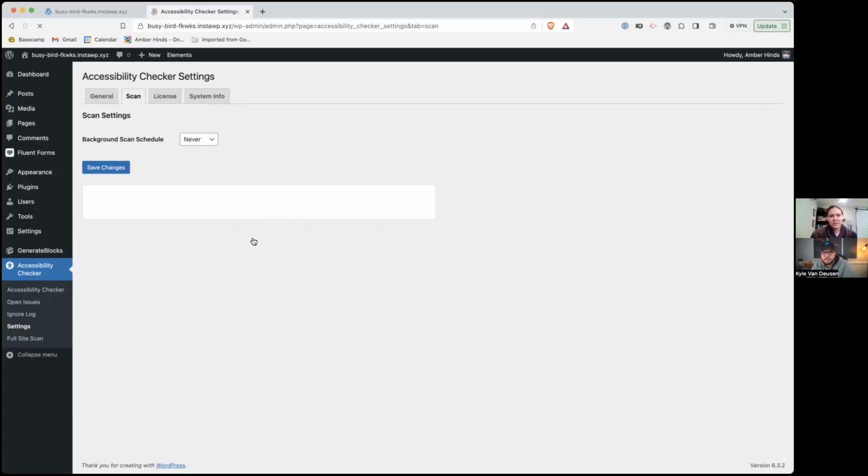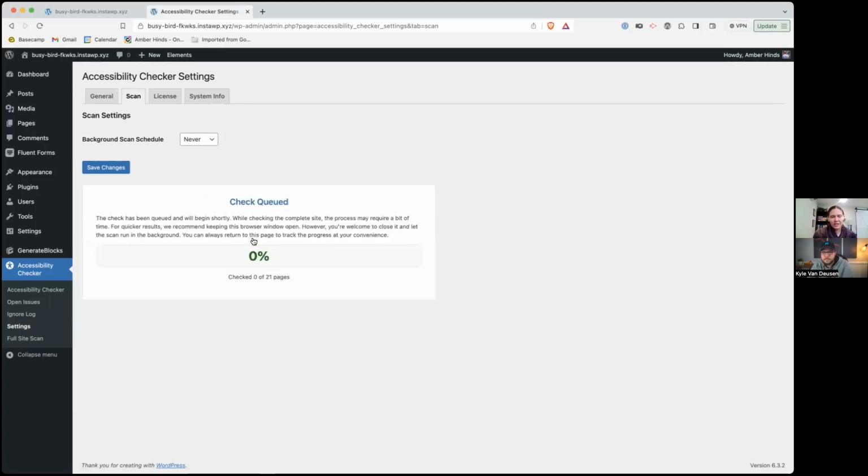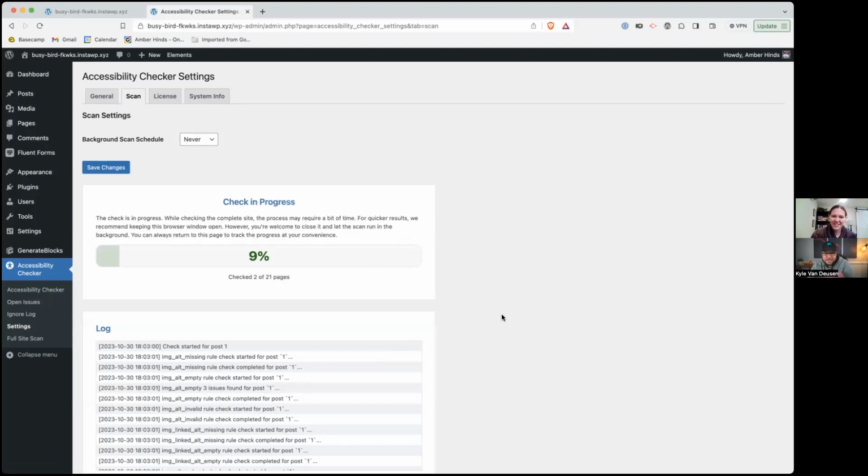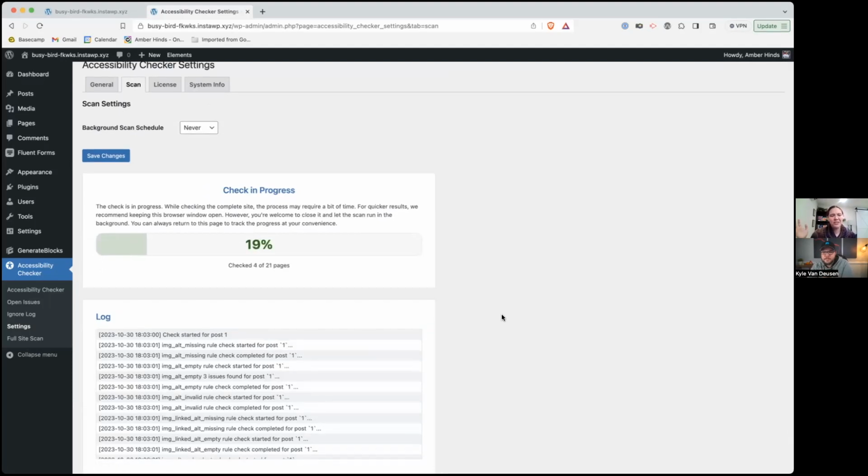Gotcha. So I'm just going to run an accessibility check, and I don't think this is a password protected site, right? I didn't add the credentials for that. Should theoretically start checking it. We'll see. Yep, there we go. So it's going to run through. We don't have to stay here and watch it. It's going to go pretty quickly because there's only 21 things. But we'll flip back over, and